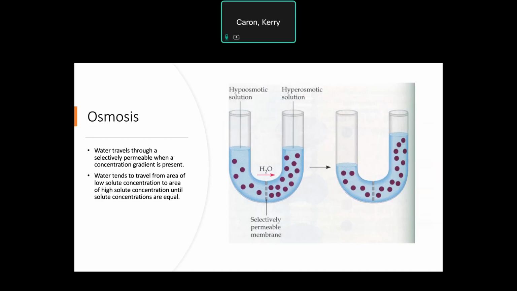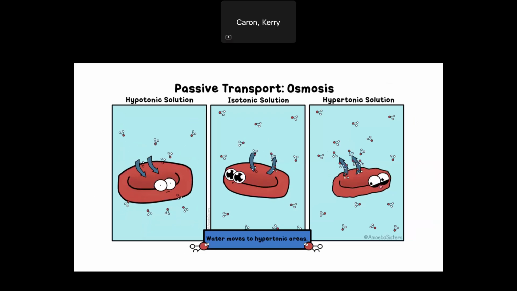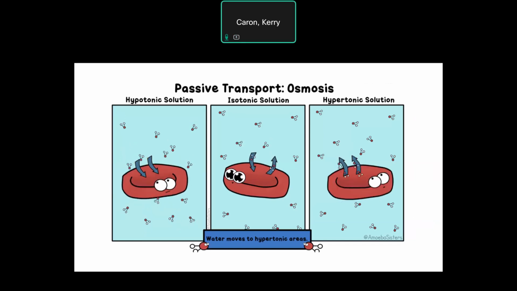Osmosis is talking about the movement of water. So water travels through this selectively permeable membrane, that's the cell membrane. Water moves from areas of low to high. It tries to dilute this too concentrated area, okay? So water will move from low to high until things are equal. That's osmosis. Okay. And I like this Amoeba Sisters animation because this shows if you have a cell, we talked